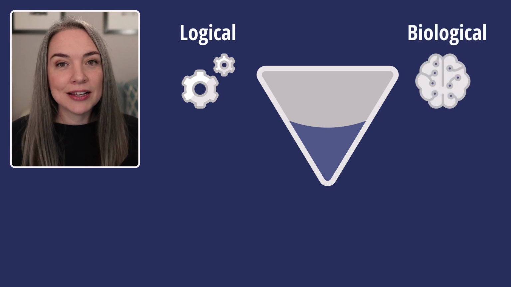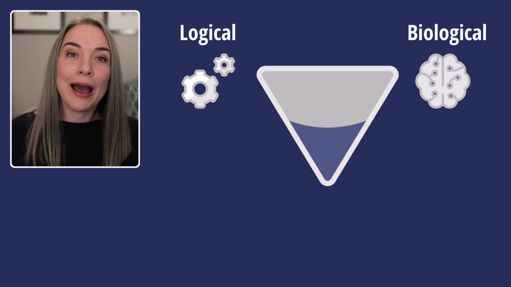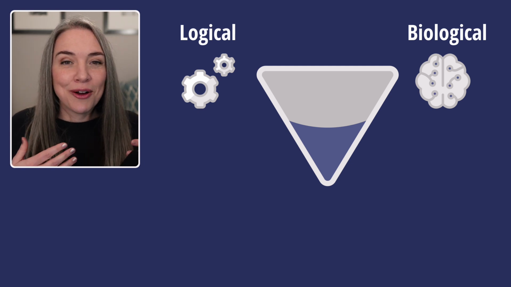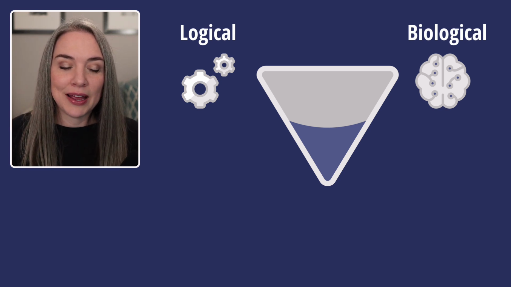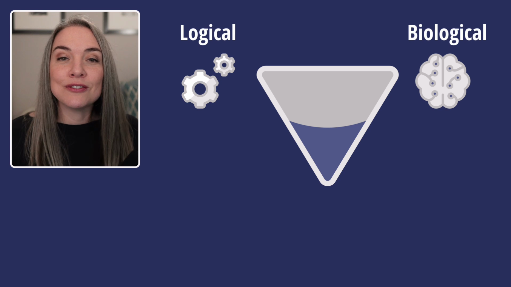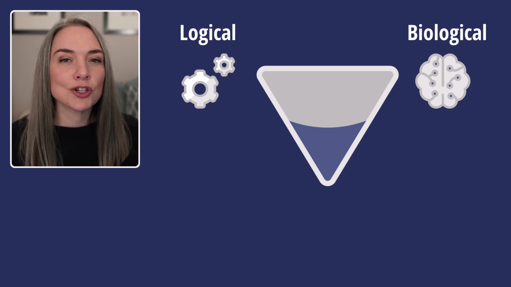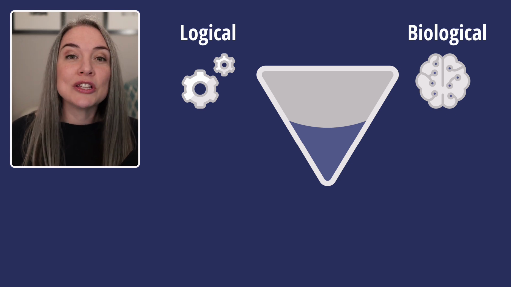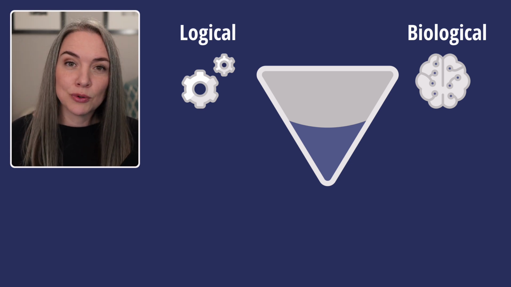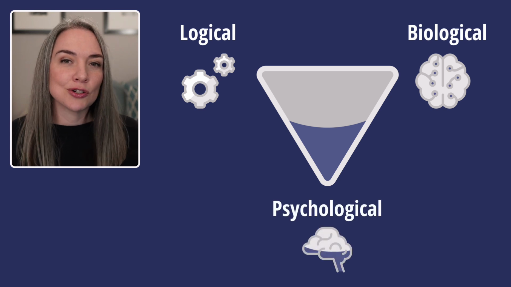The next one is biological. Now, I say biological because I think of this being how we are wired, and just all of us are different. So what works really well for me might not work well for you. And so we can often be following advice from someone else because what they're doing works, but it doesn't actually work for us. It doesn't feel natural, it doesn't fit, and so we struggle to actually make changes or maintain any changes that last.